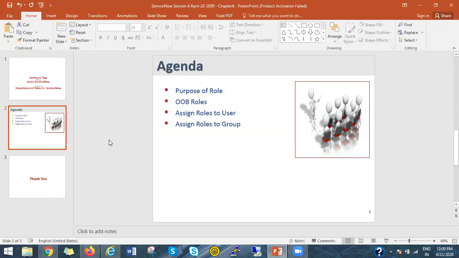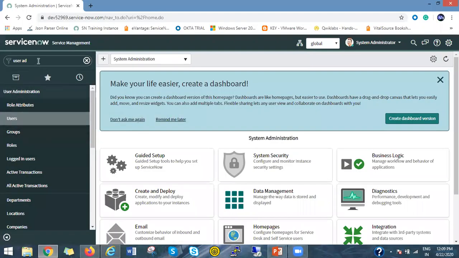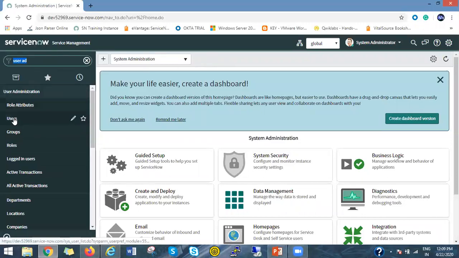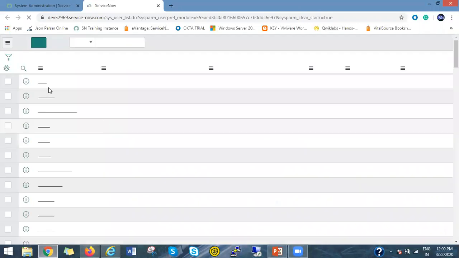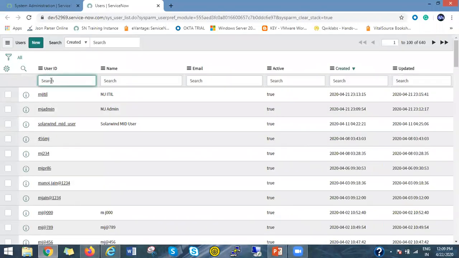So just to understand this, let's move to the instance and open the same user record which is given by ServiceNow. To open the user record, go to the user administration application menu and click on the user module. Now here just search the admin user.